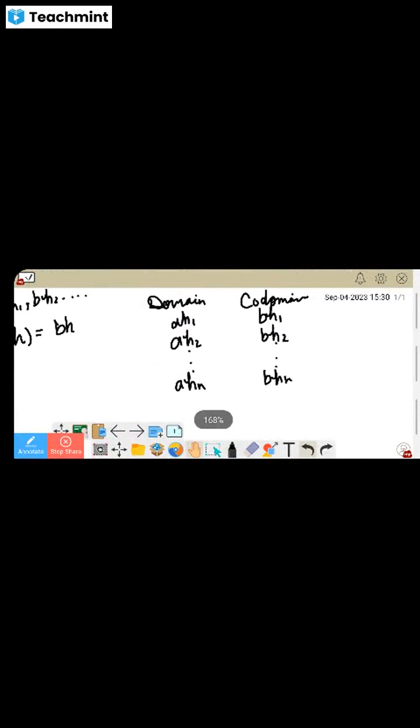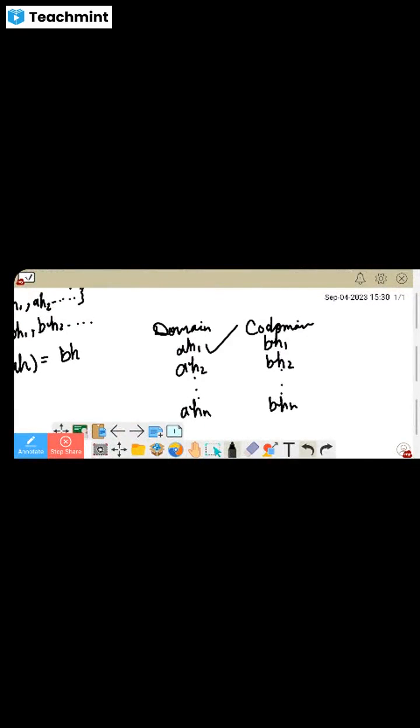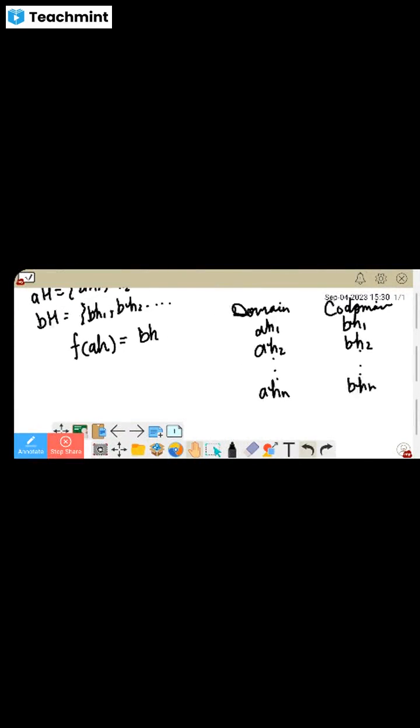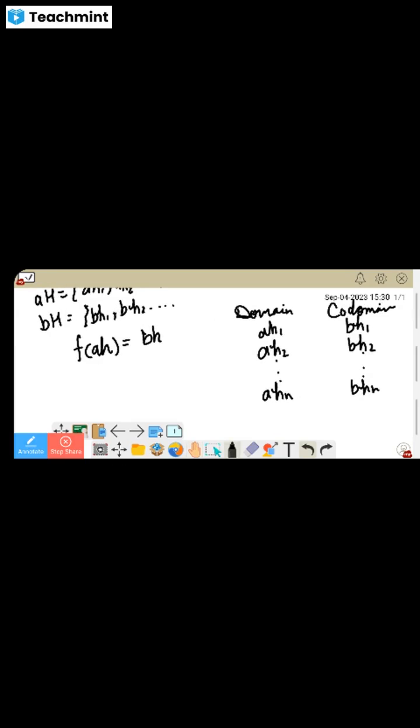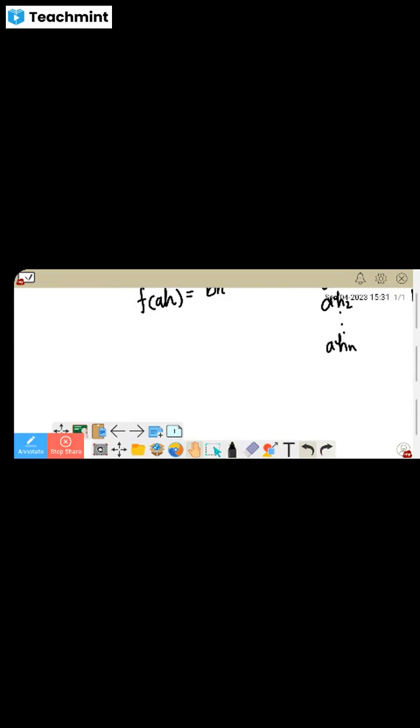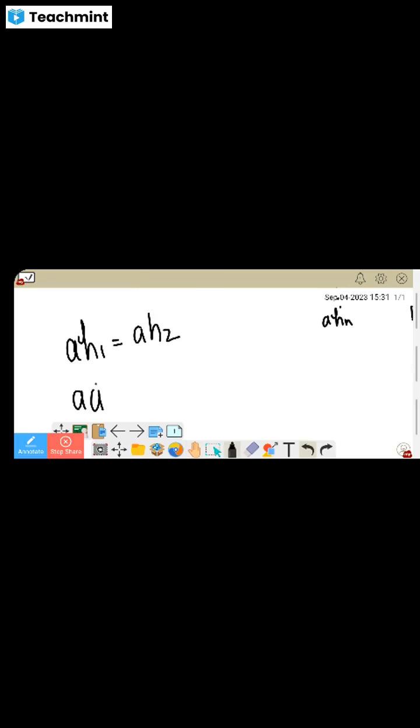So domain and codomain. Domain means input and codomain means output. So we are taking aH here, and we have output as bH. That is why we are taking it. aH1 is equal to aH2, or we can write a into a inverse